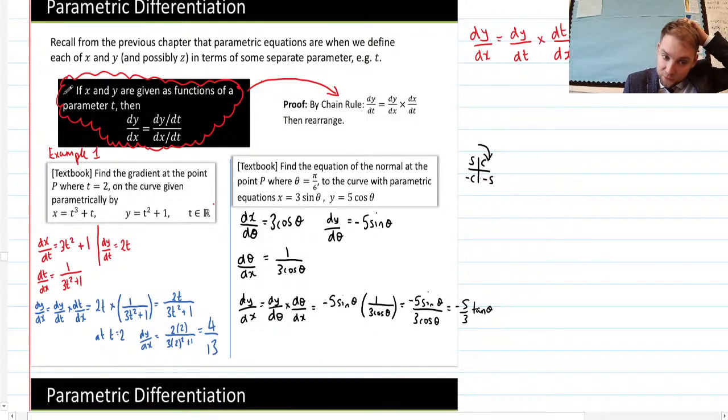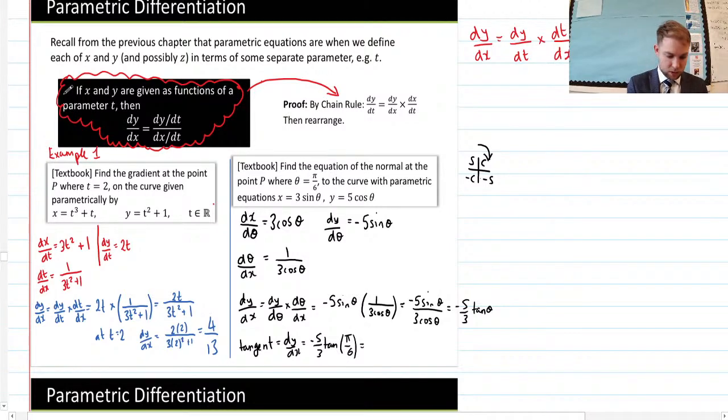Now remember, it's not asking for us to find dy by dx, sorry, it's asking us for the normal at the point P. Now to find the normal, we need to do the reciprocal of dy by dx, subbing in the value pi over 6. So let's first of all find the tangent. Make it nice and clear. This is the tangent. Tangent is dy by dx, which is equal to minus 5 over 3 tan of pi over 6 in terms of radians,